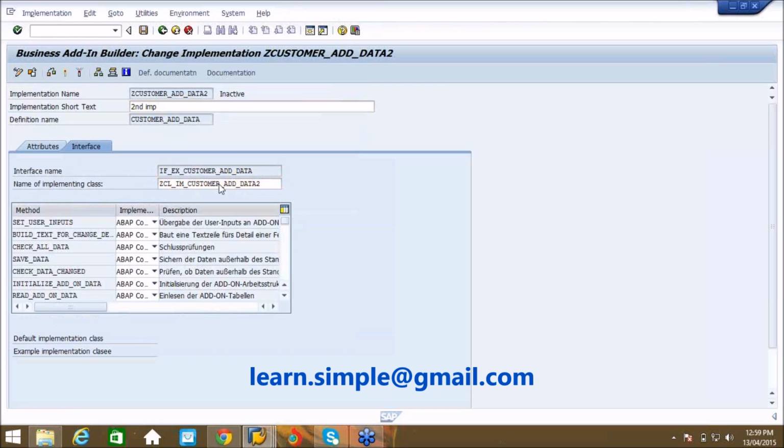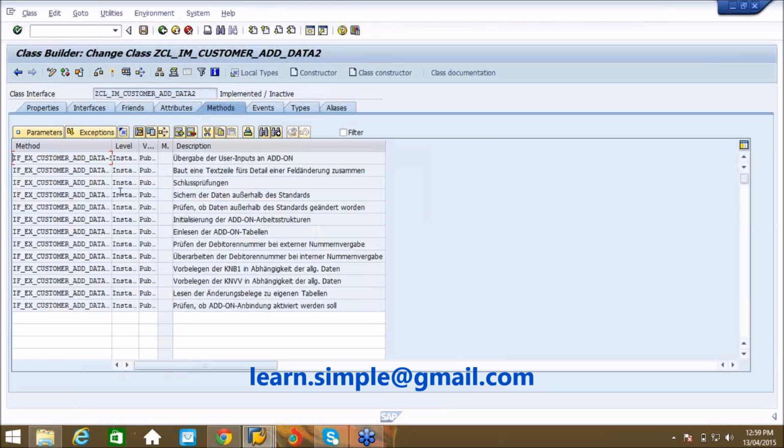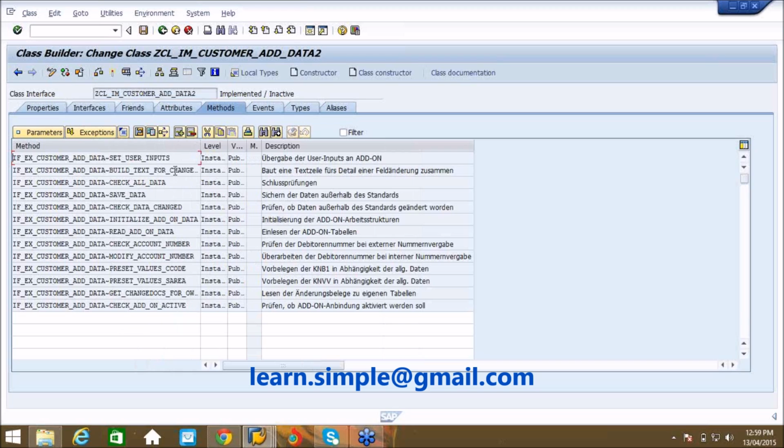When you double click on this, you are going into another class. That means add data to class. Here all the methods are available. Previously what are all the methods are available? All those methods are available. Now you can write some other code inside this.